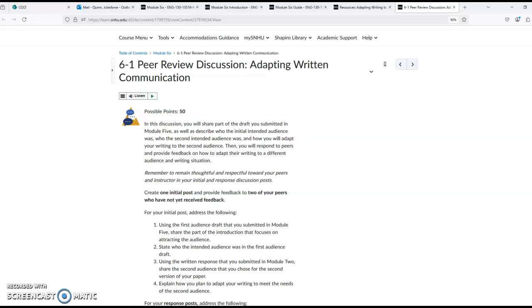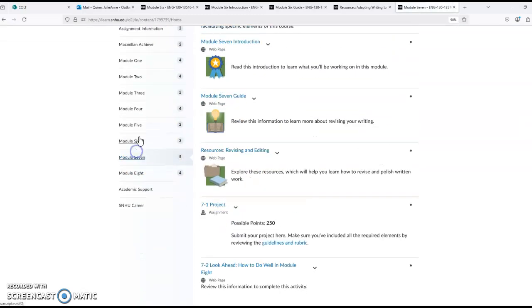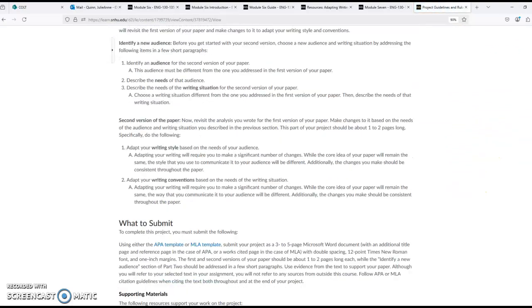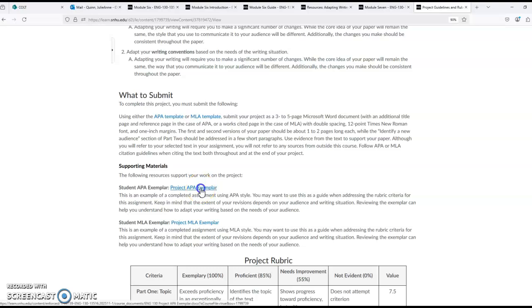You're going to think about how you modify it. I want to briefly show you what's coming up in week 7, just so you can see what this document will look like. So if we go to learning modules and we go all the way down to module 7, I'm going to show you the 7-1 project, and I'm going to show you the student exemplar. Okay, so I'm going to go into the APA one,